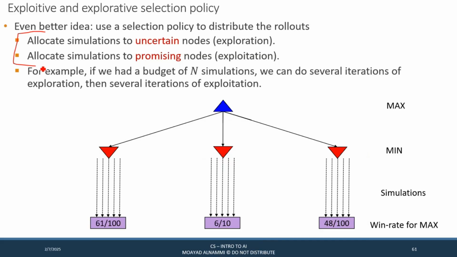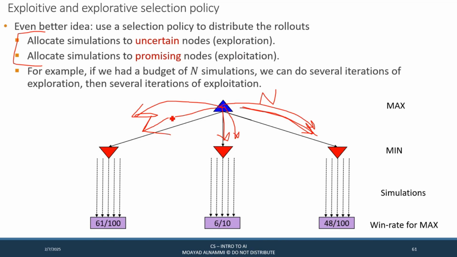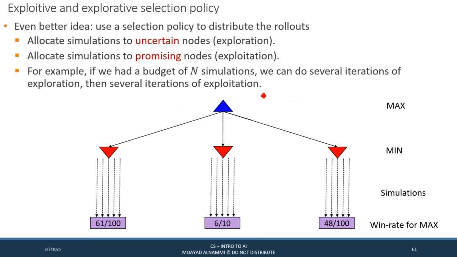So with this policy, the idea is that you have a total budget, but you selectively give some budget here for exploration, then maybe some budget here for exploration, then allocate maybe some for exploitation, maybe some for exploration, and so on. You keep doing this to allocate budget here and there until you exhaust your complete N. It's not very clear, but this is one policy you can apply, and for us to make it really